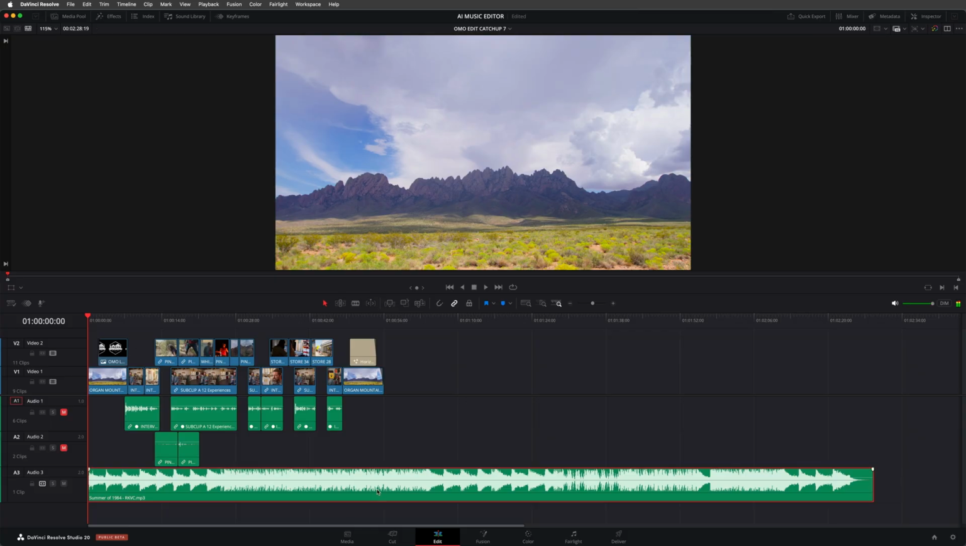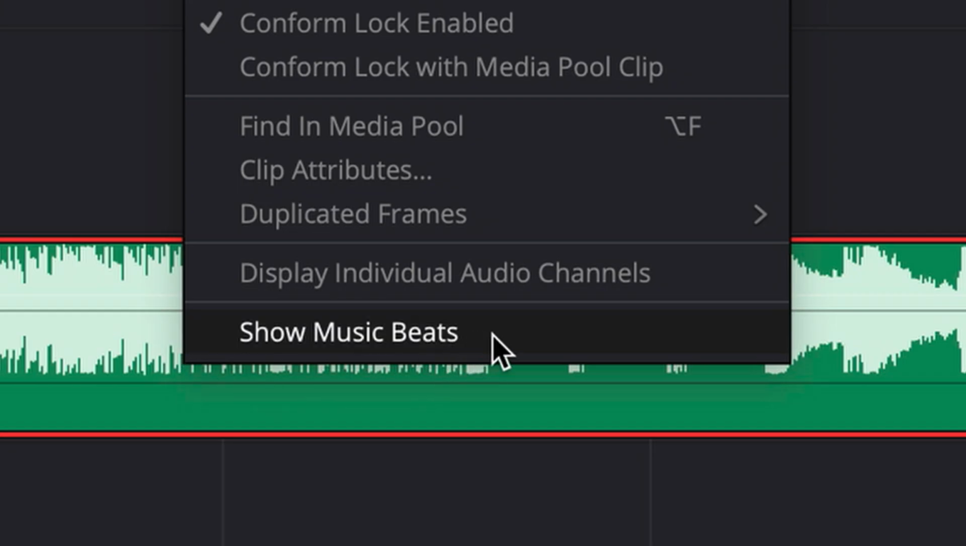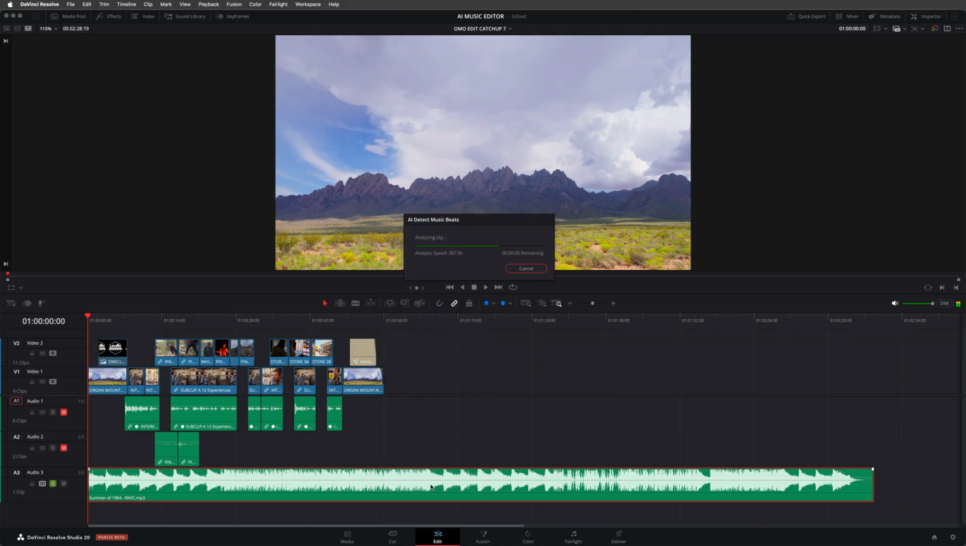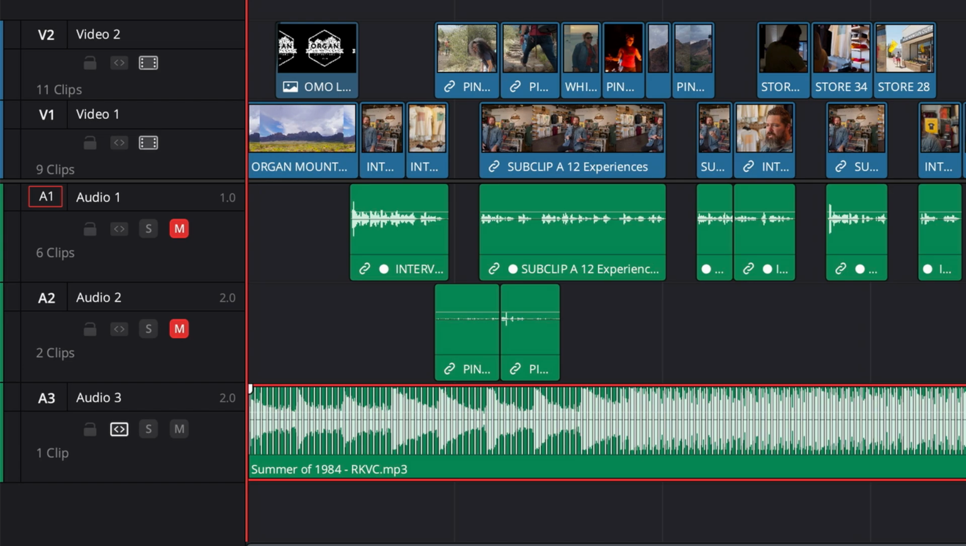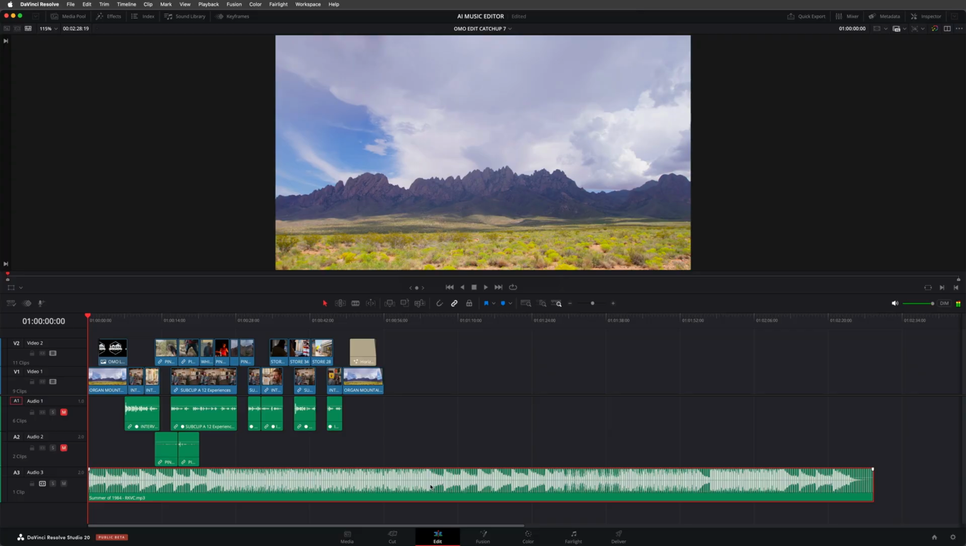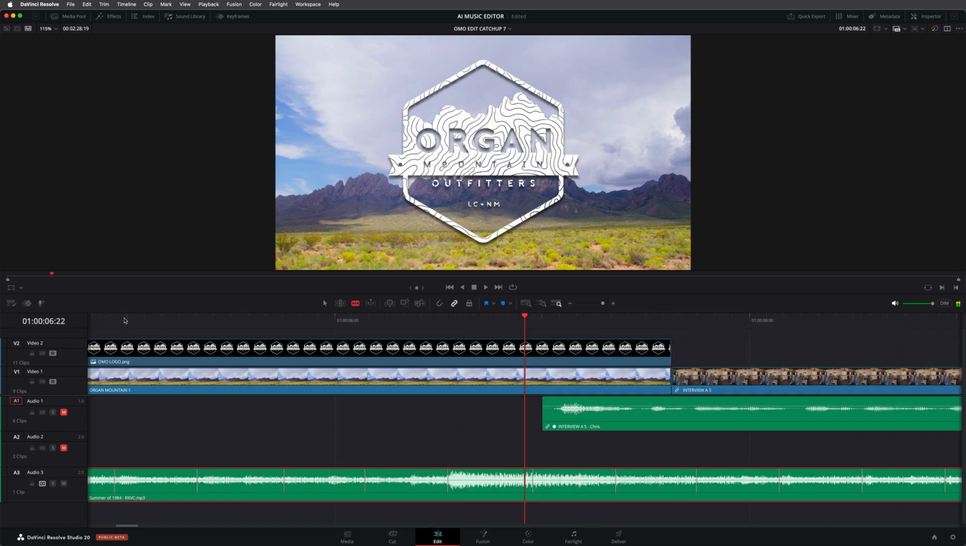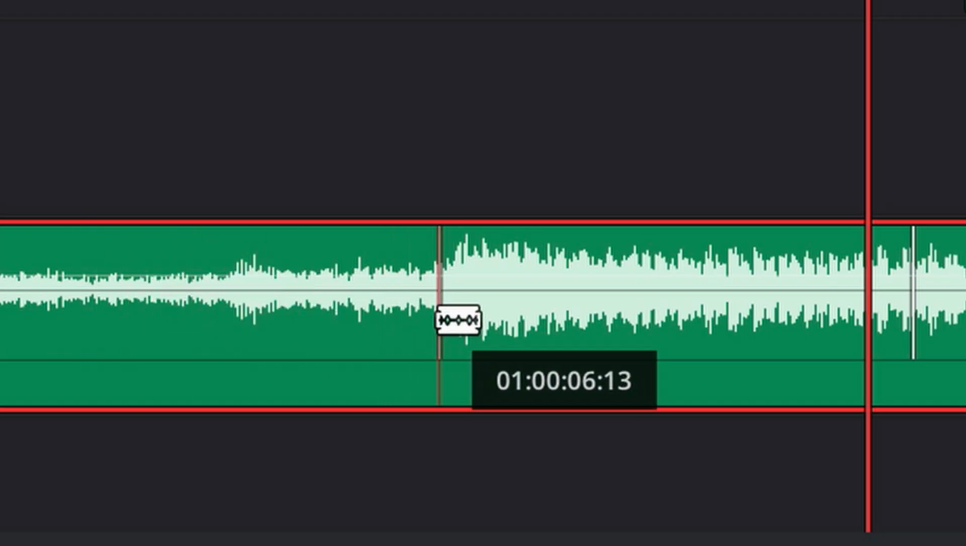Simply right-click on a music clip and choose Show Music Beats. After the analysis, the detected beats are highlighted on the music. Now yes, you can use these indicators to help you align your video edits to the music beats. Just don't be so predictable as to align every video edit with every beat. A much better use of this feature is to be able to visually locate potential edit points for your music